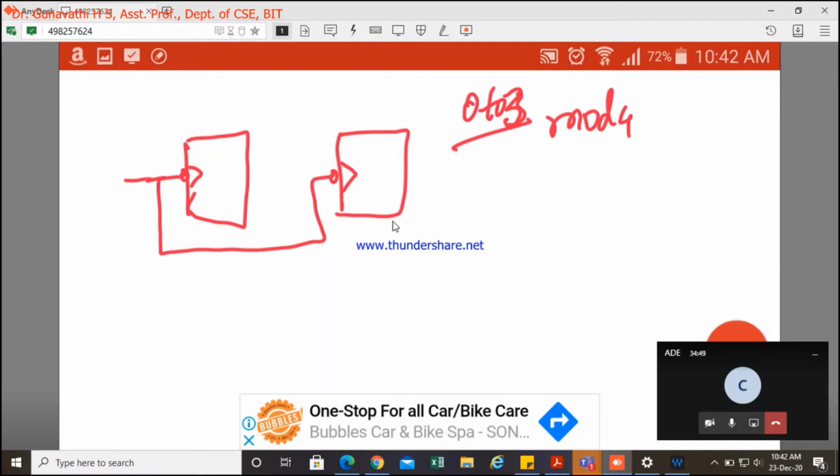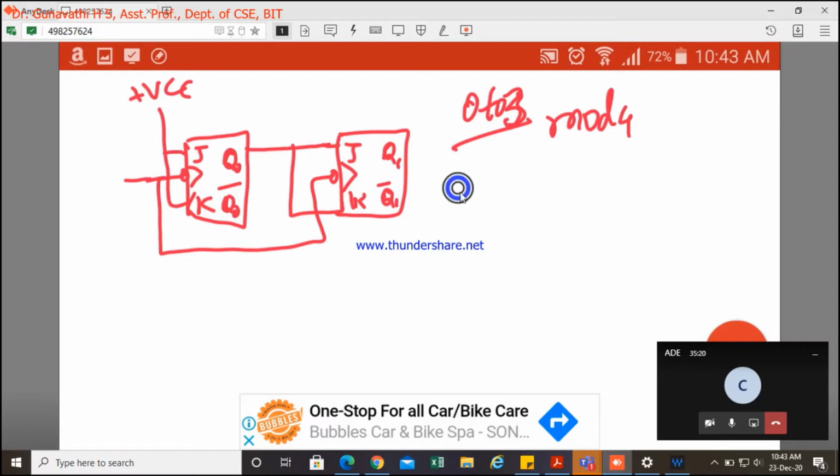Then how can we provide the input, what input are we going to provide? Here also I'll make it with a JK flip-flop. The first stage I'll connect with VCC. For the second stage, I'll connect the output of the first stage as an input for the second stage. So this Q0 output, I'll connect it to J and K of the next stage. With this, it can work by default as mod 4. Check whether it will work or not.